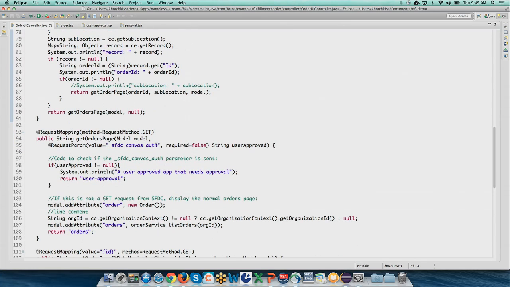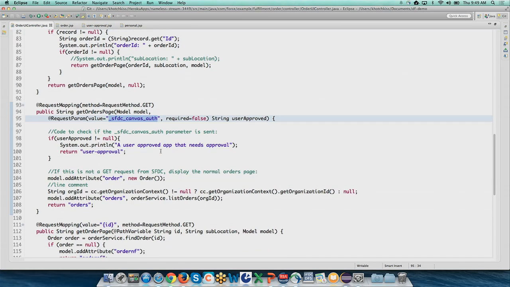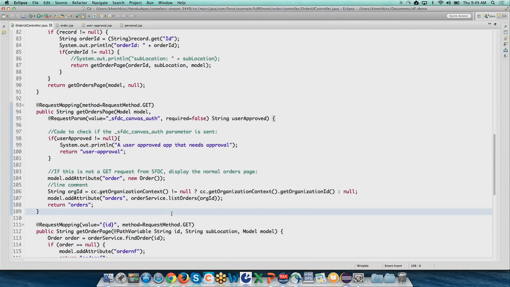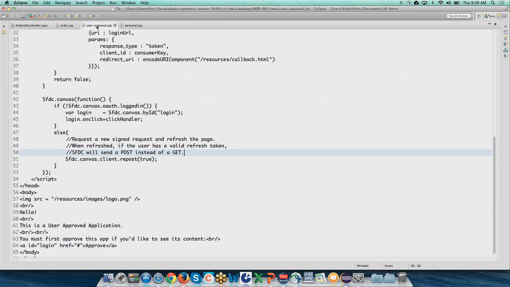My GET is looking for this parameter, the SFDC canvas OAuth, or _auth. And if it finds it, it kicks it to the user approval flow page. If not, you're going to see just the standard GET page right here, right? If we look at the user approval page,